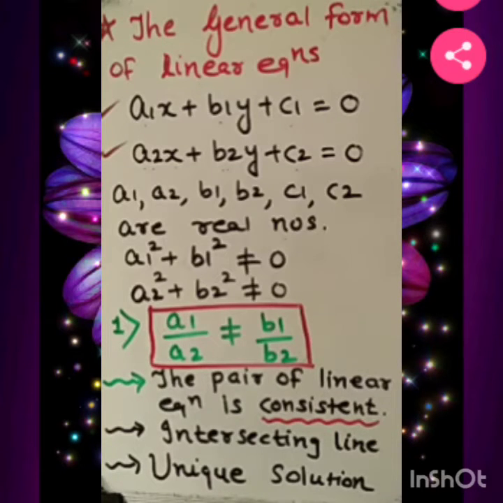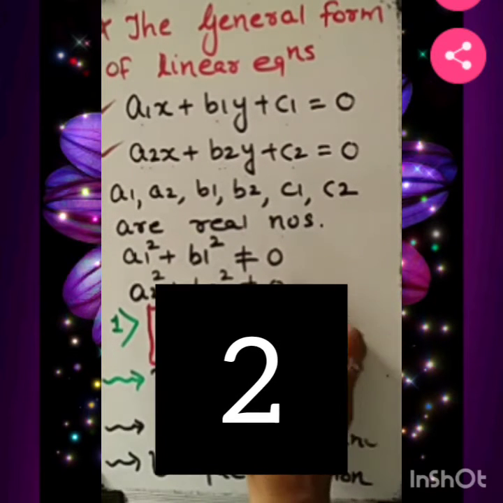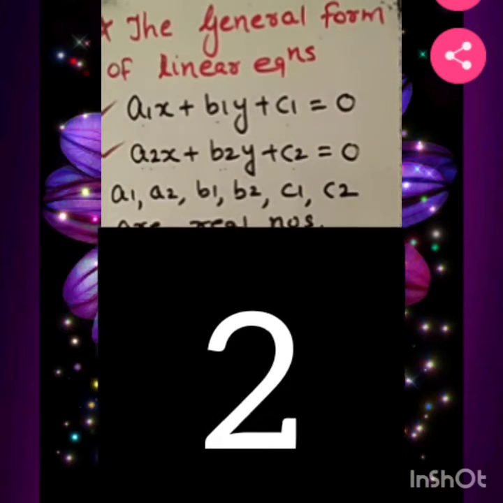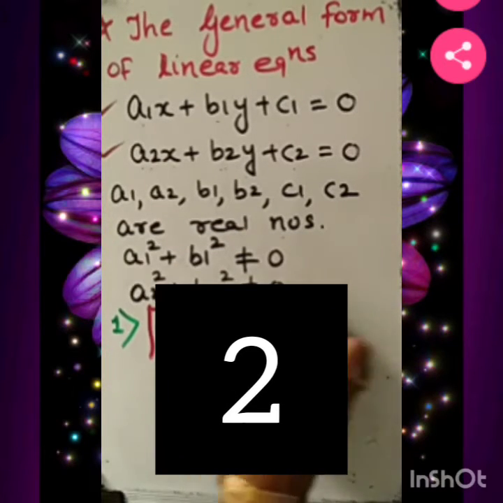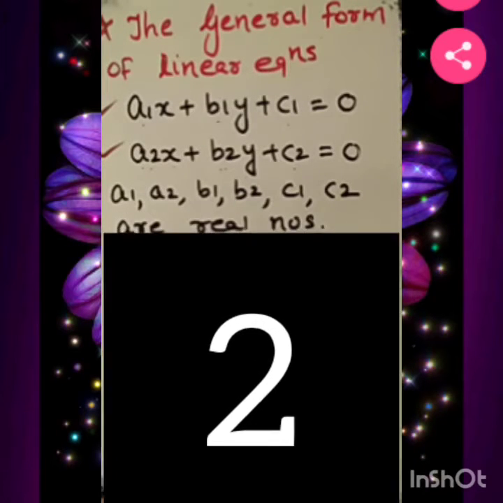Now let's go with the second. First, to understand when we really apply in the question, easily you will be able to solve. Okay. Now work out on the second. For the second point, we are given here a1 by a2 not equal to b1, sorry, a1 by a2 equal to b1 by b2 not equal to c1 by c2.